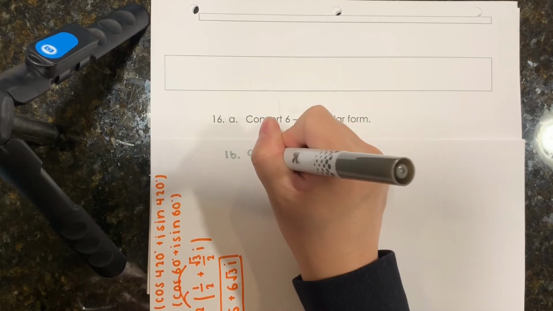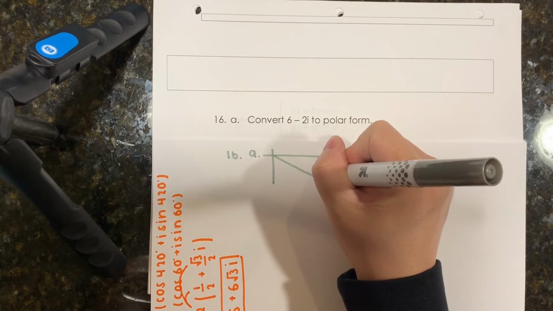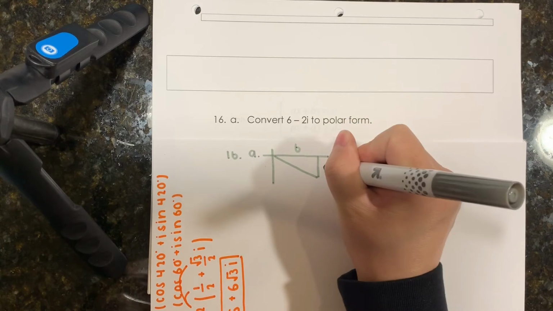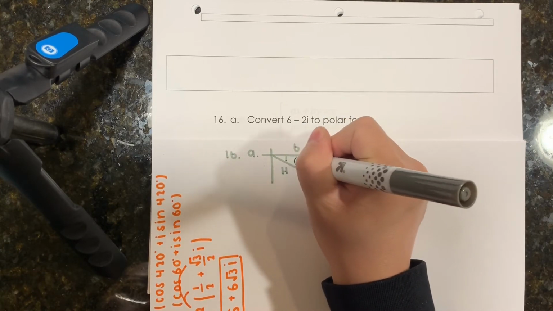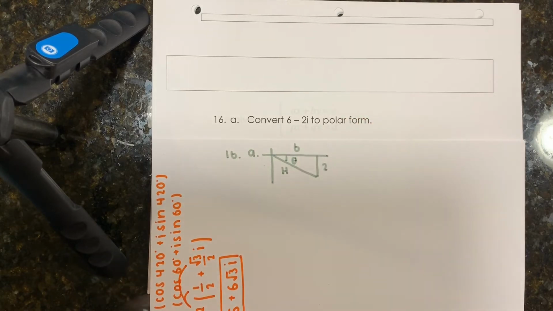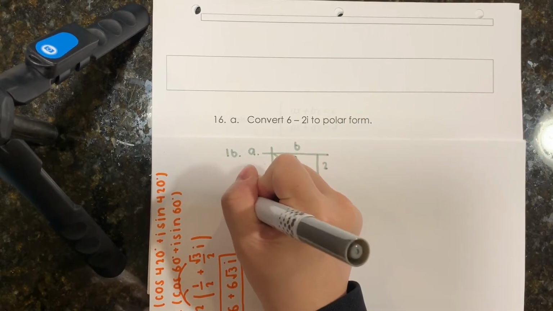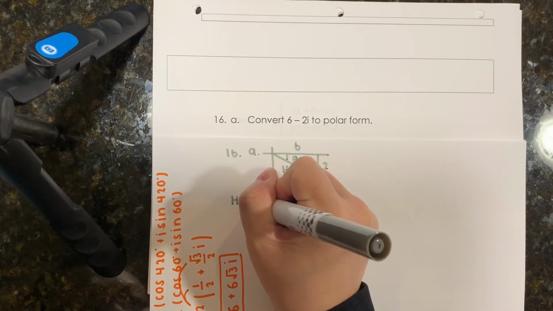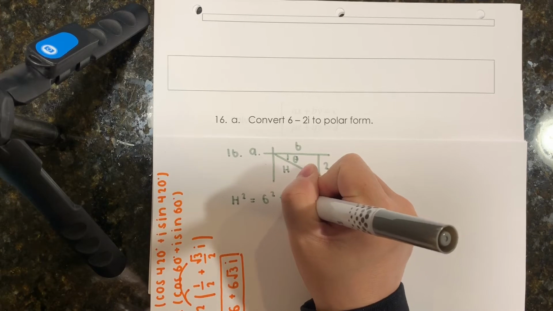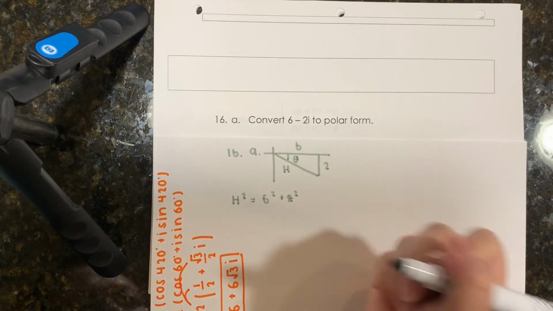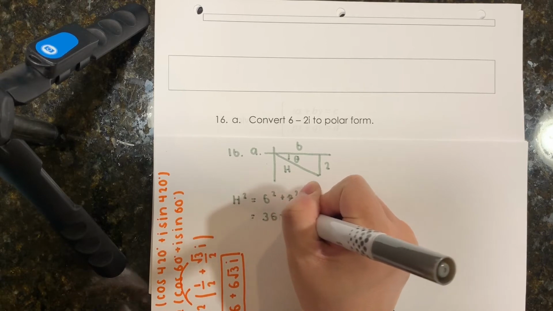So I would draw my triangle in quadrant 4. This goes to the right 6, down 2. We have to find the hypotenuse, and then we have to find the angle. We're going to use the Pythagorean theorem to solve for the hypotenuse, so that would be h squared equals 6 squared plus 2 squared. So 36 plus 4